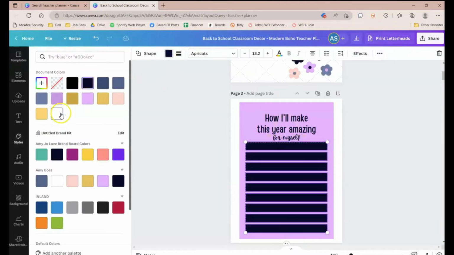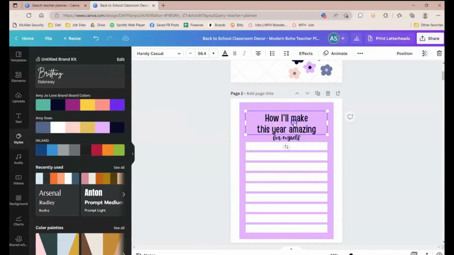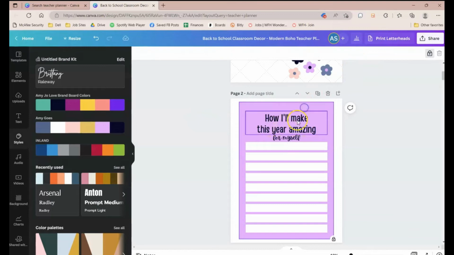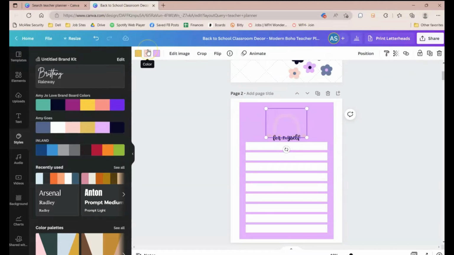I am gonna be again going in and making some changes. So I'm going to change the color of those text boxes because this is going to be printable and digital. So I want people to be able to easily see either their pen or their digital, if they're using like a GoodNotes or a digital planner, to be able to see it. So I'm just messing with some of the transparency of the